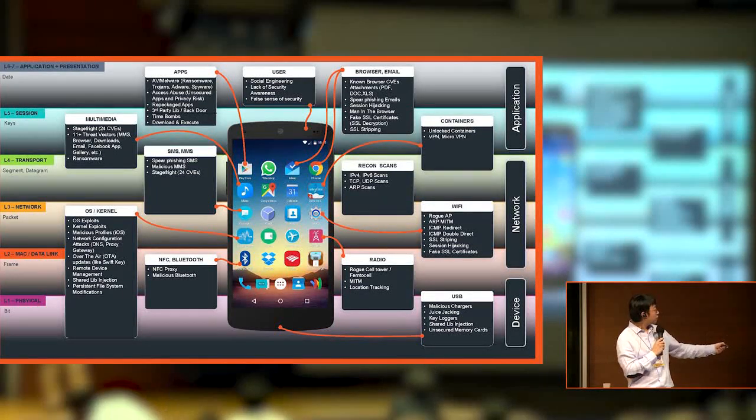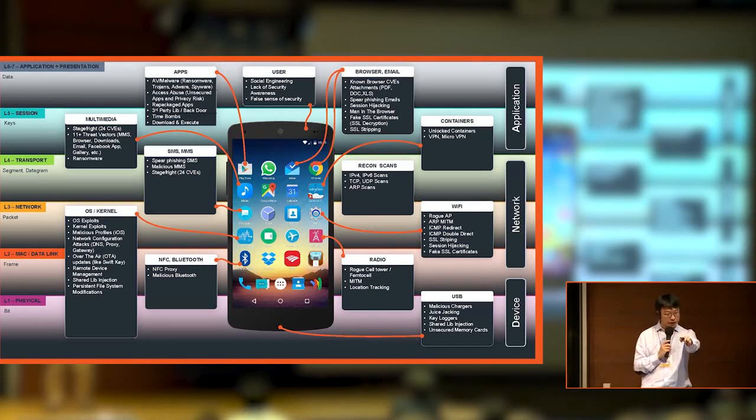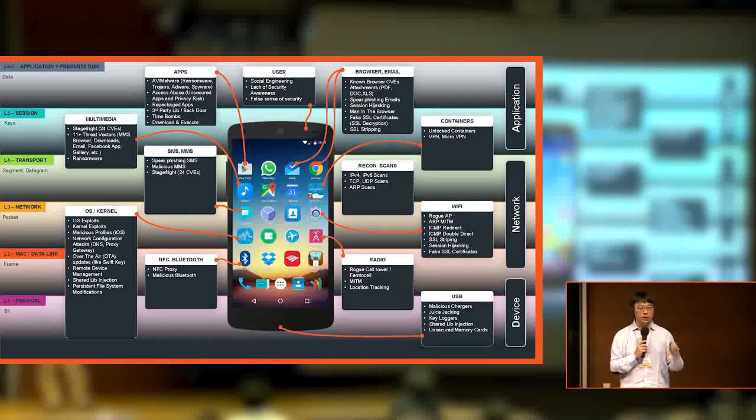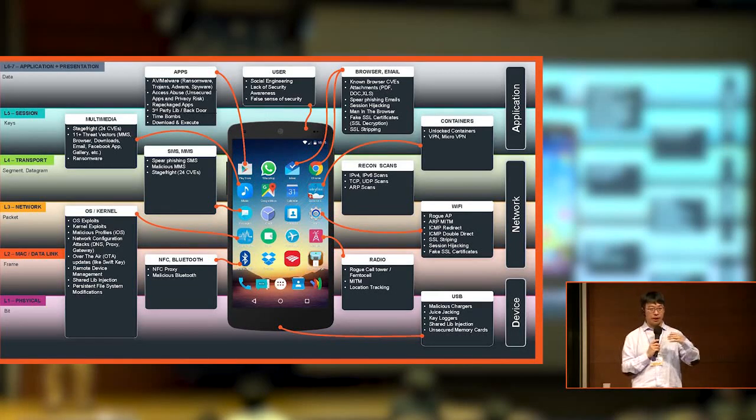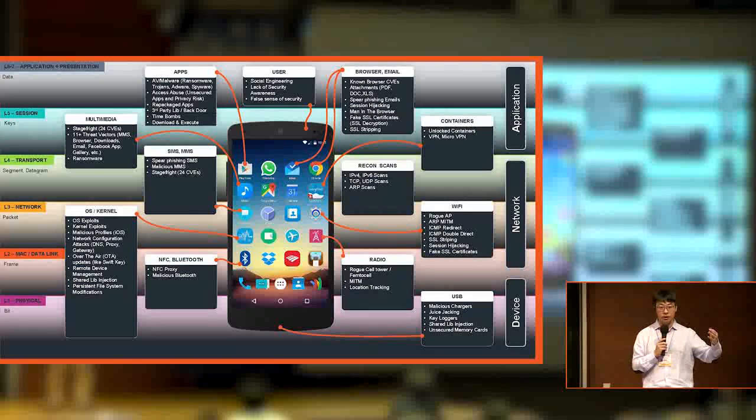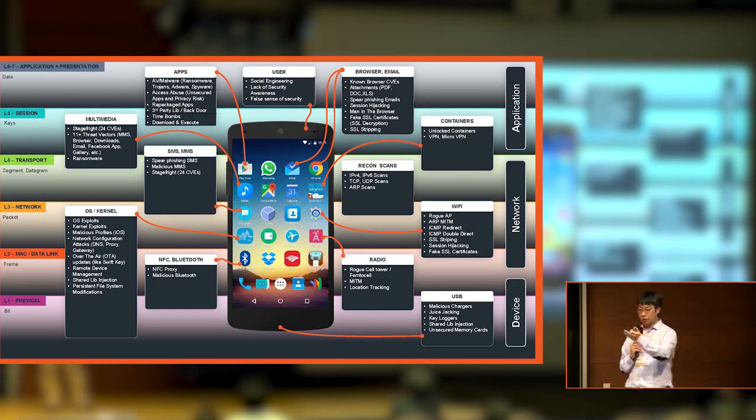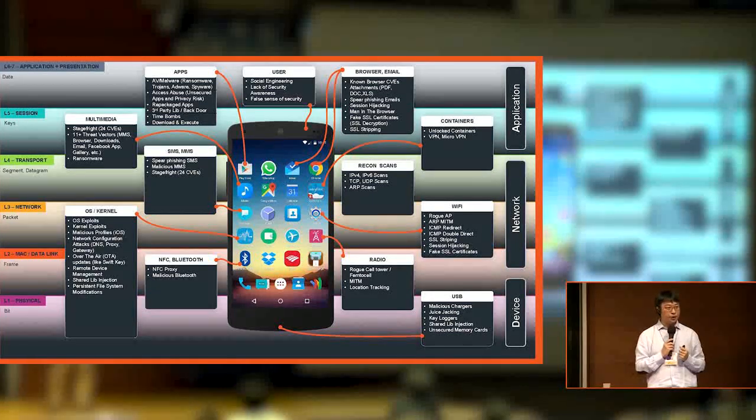Okay, ultimately, the attacker wants to get to the operating system, just like your computer, right? Once I get to the operating system, I execute malicious code and take control. I'll be able to read your SMS, look at your pictures, send information without the user even knowing. So pretty scary, right?